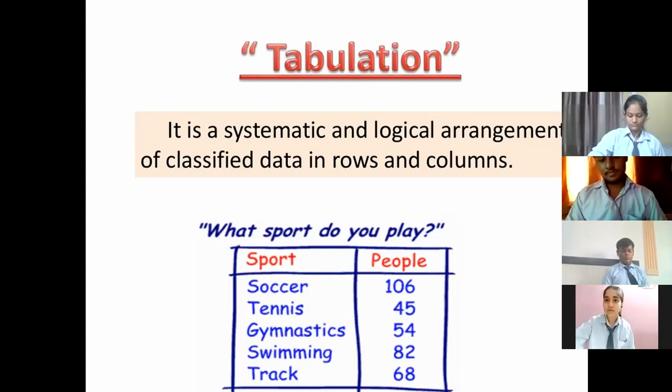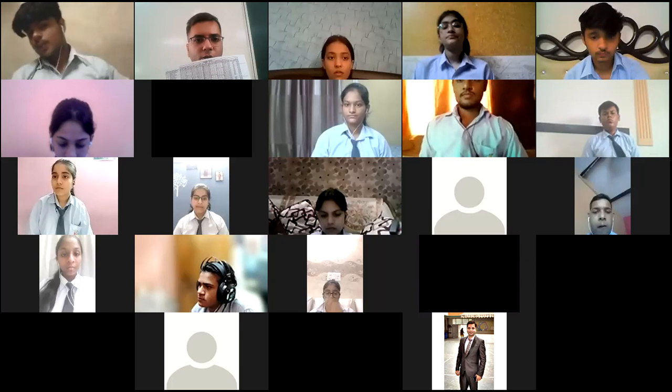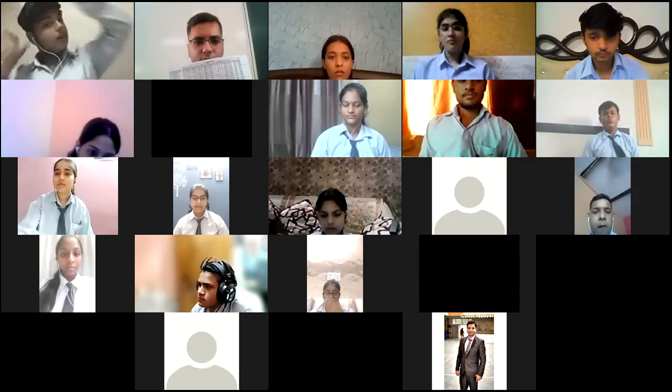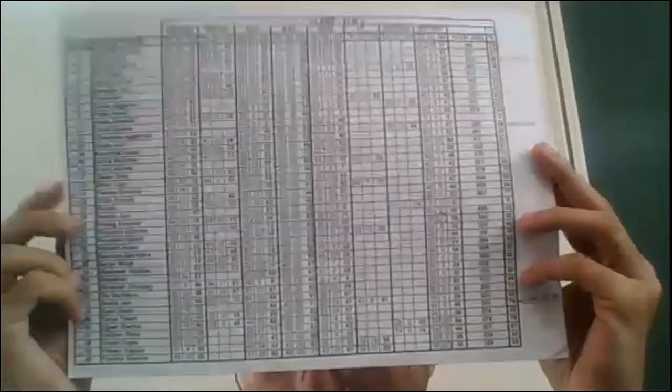I'm just showing you one example of the tabulation, like we make for you. Have a look. Let me pin my screen. You will be able to see it. This is the tabulation.